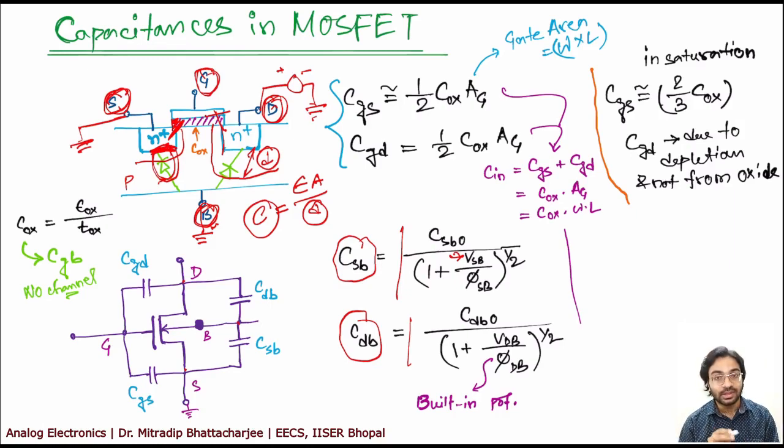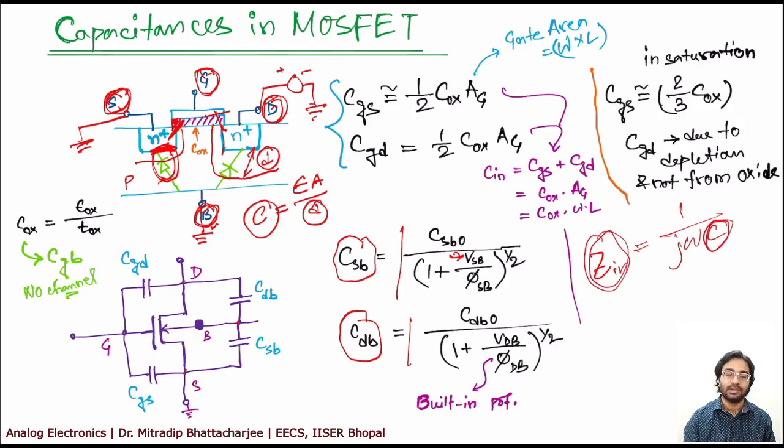Capacitance will decrease if you increase the reverse bias voltage. Now, whether it is good or bad, if your capacitance is increasing, this is good, or if your capacitance is decreasing, that is good. So, in a word, will you prefer a smaller capacitance or larger capacitance? The answer is, what matters in your circuit is Z, right? 1 by j omega C. So, higher capacitance means smaller impedance.